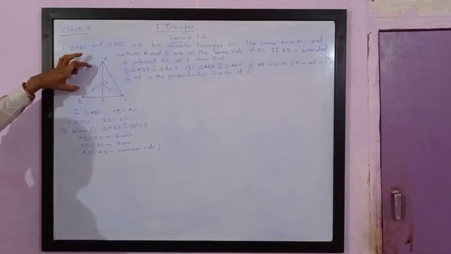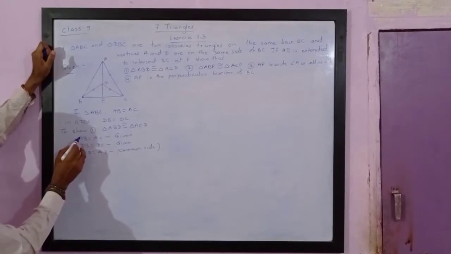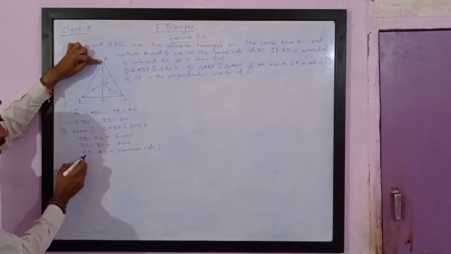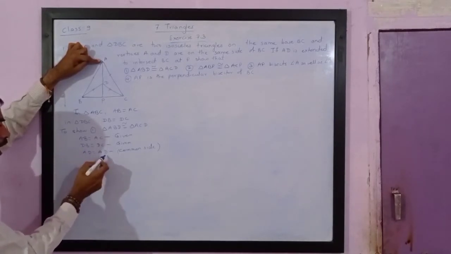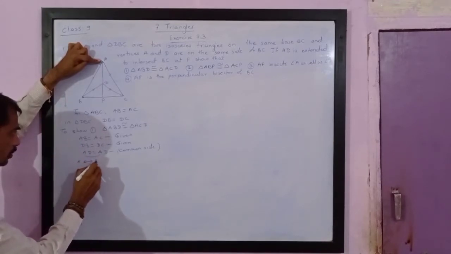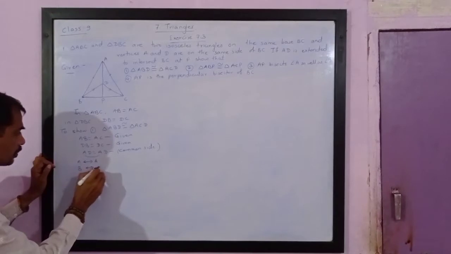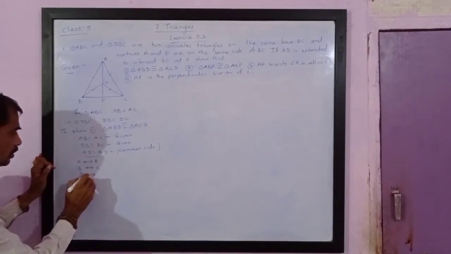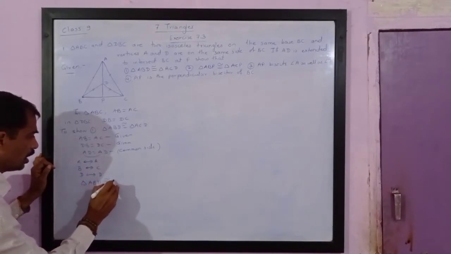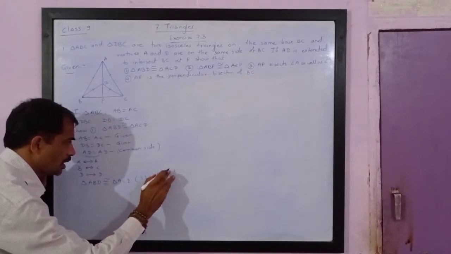But for this we need to understand one-to-one correspondence. Please note here AB is equal to AC means A will correspond to A or C. But here you will notice AD equal to AD, it means A corresponds to A. So A corresponds to A. If A corresponds to A, then B corresponds to C. And D corresponds to D. It means triangle ABD is congruent to triangle ACD by SSS test of congruency.